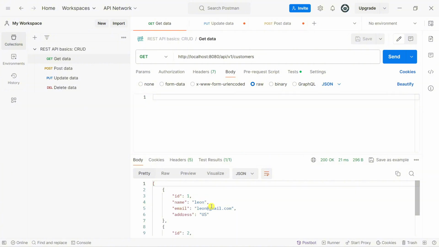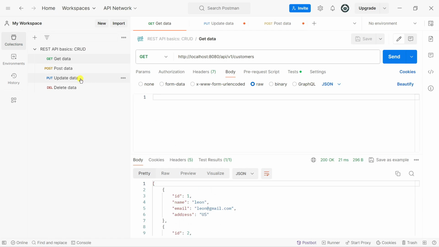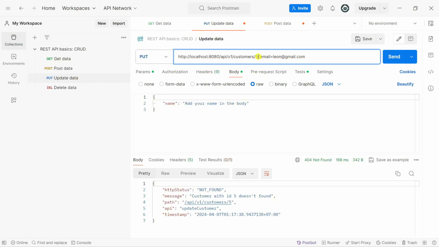I would like to test the customer email unavailable exception in the update customer API. I would like to update customer number 1 with the email larry@gmail.com. Okay, go to the put request. Let's change it to customer number 1, and the email is larry@gmail.com. Click on send. Now you can see it also returned the correct business exception as we defined here, with the HTTP status conflict, the email Larry unavailable to update, and the path is also confirmed as update customer.